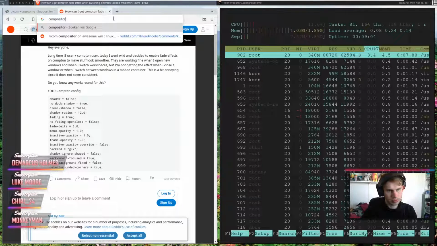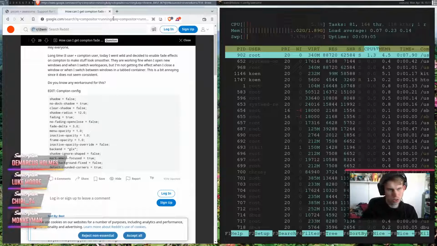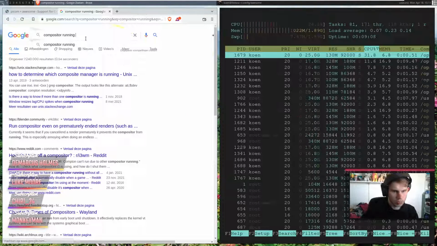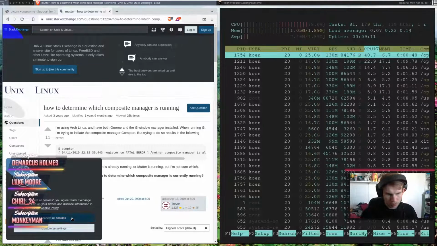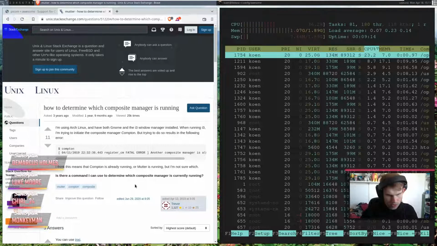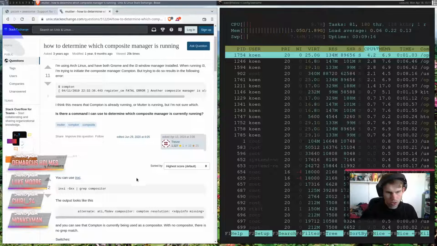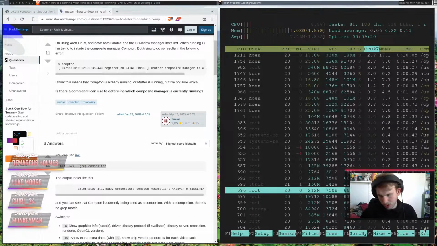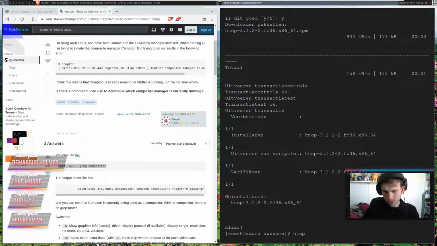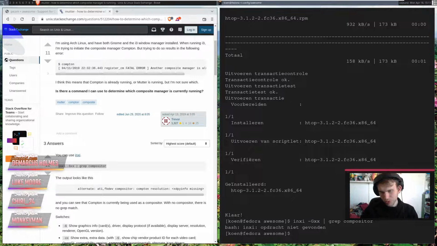How to determine which composite manager is running? Ah, that's what I need to do. Okay, okay. That makes sense. Actually, that kind of makes 0 sense, but let's see what happens.